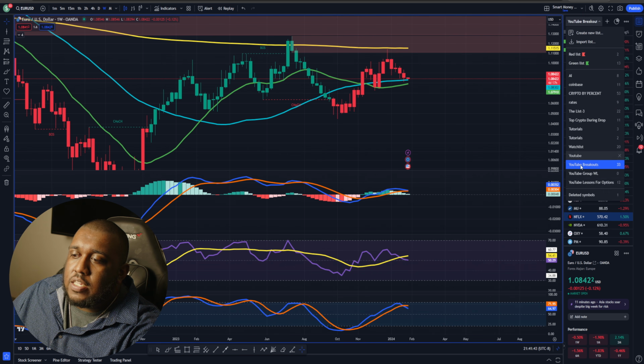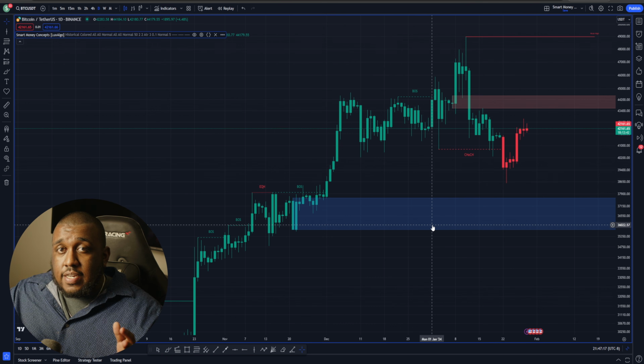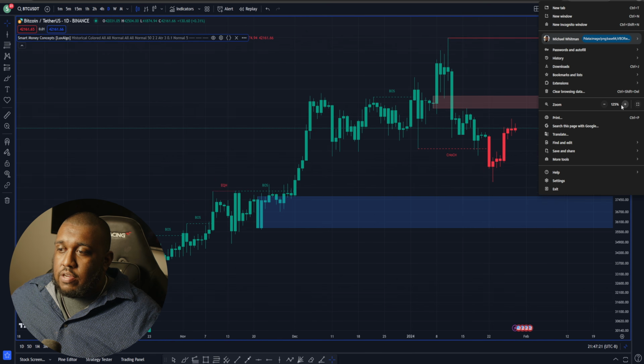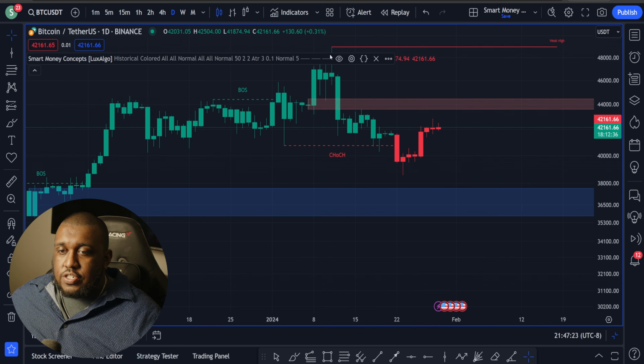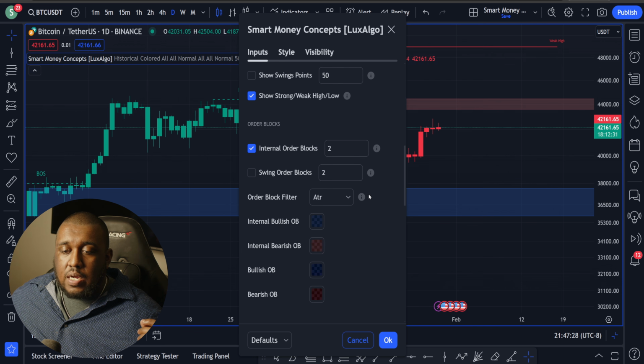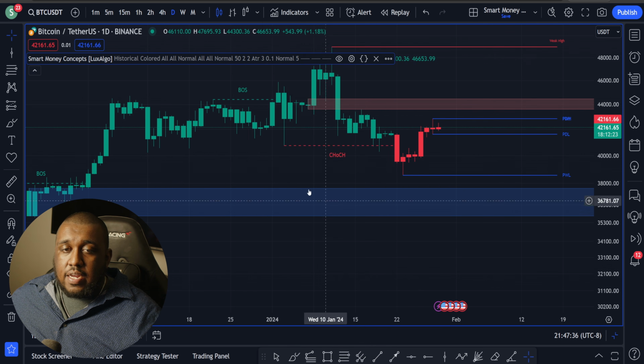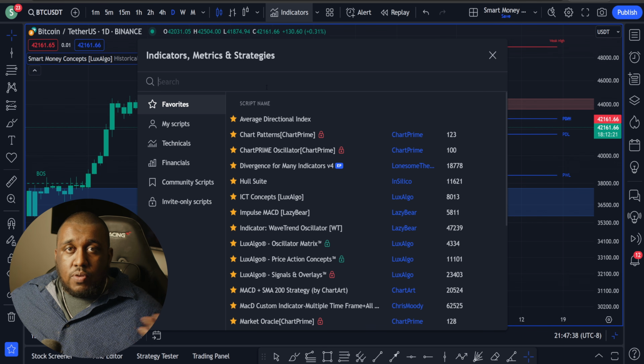Now, let's go back over here to Bitcoin, make it a little bit easier for ourselves for a second. For the second strategy, we're going to make things nice and simple for you guys. I'm going to zoom back in here at 175% so you can see the changes I make. What I'm going to do is come all the way down and turn the daily and the weekly MFTs on, just so I have those levels of support and resistance for myself. I'm going to hit OK. And then I'm going to add some more moving averages onto my chart without the offset. It's going to be a very simple strategy that works very well